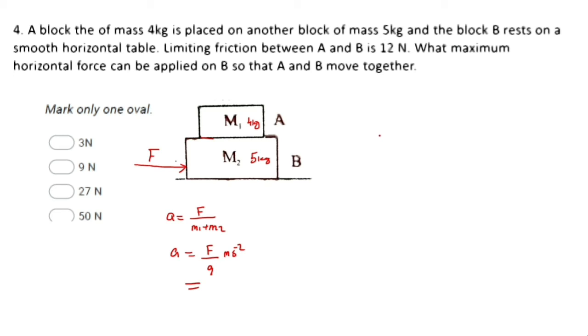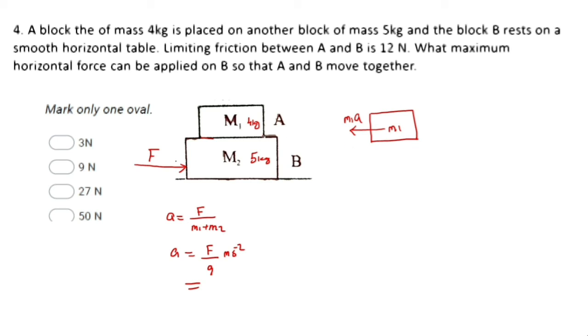So in order to understand that concept, let's draw the free body force diagram. This is the case. Consider this is M1. When a force is applied on M2, a pseudo force will be acting on M1 in the opposite direction of the applied force. So we can say here M1 into A is the pseudo force acting on M1.